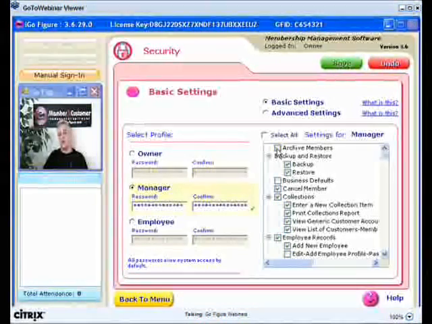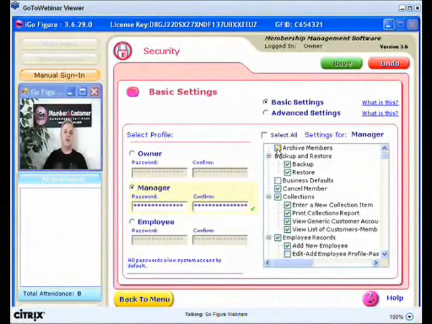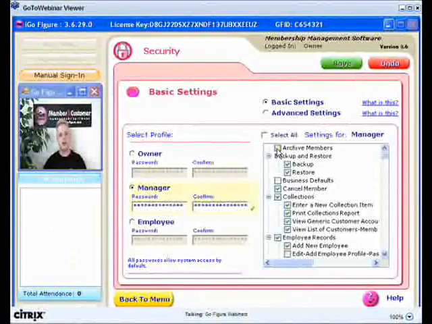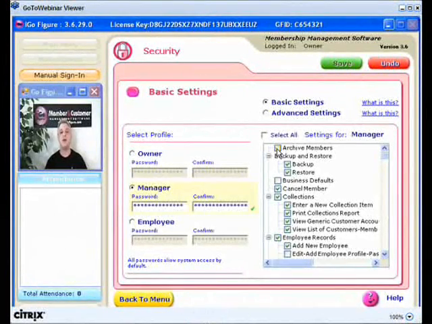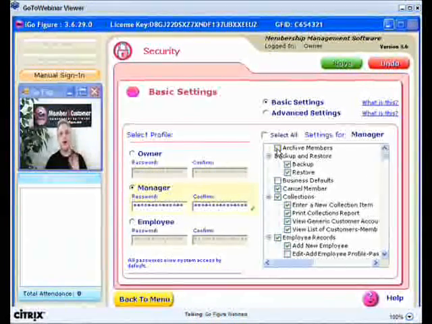PCI compliance is something that is very, very important and relates exactly to what we're talking about here regarding security. PCI means payment card industry. That is the payment credit cards, MasterCard and Visa, and they have come up with a set of rules, PCI compliance. You're compliant with the payment card industry, and in particular, they call it PABP compliance. PABP means payment accounting best practices. If you look at our website, if you just go to igofigure.com, you will see in the upper right corner that we are indeed